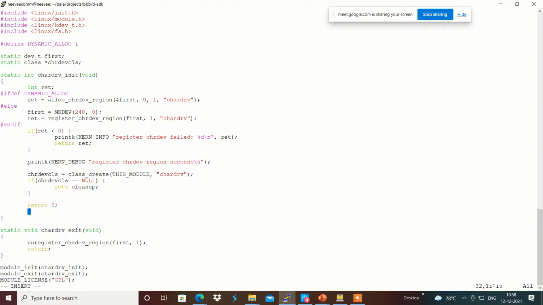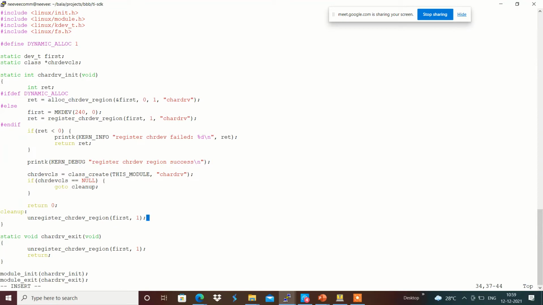In the cleanup, why do we need to do this? For example, some kind of character dev region got allocated over here, but if class create fails, we should clean up whatever we have registered over here before we get out from the module.